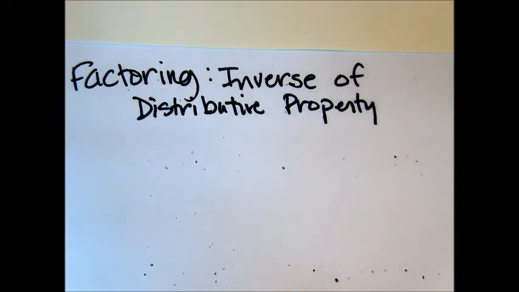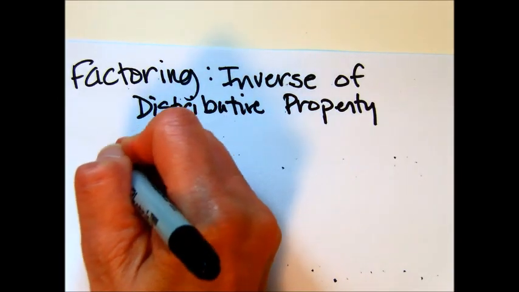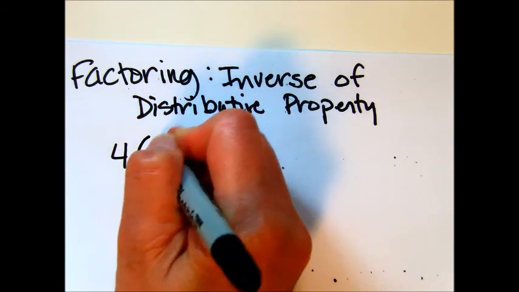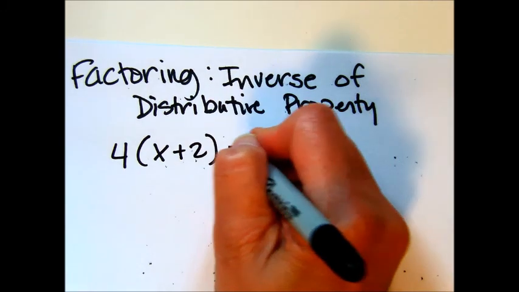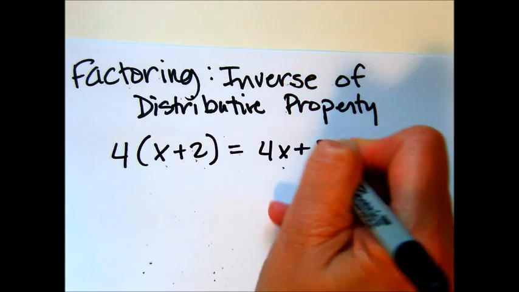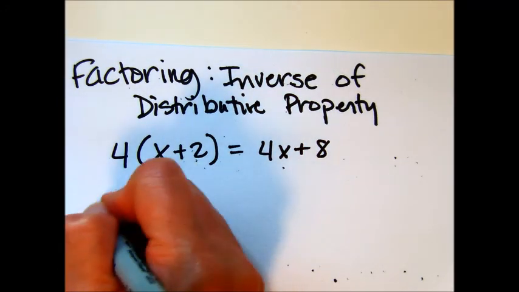I just talked a little bit about distributive property, made a couple videos on that. Now the inverse or the opposite would be factoring. So previously we looked at something like, let's say 4 times the quantity of x plus 2, okay? And then we came up with 4x plus 8. Well, what if you started with the 4x plus 8